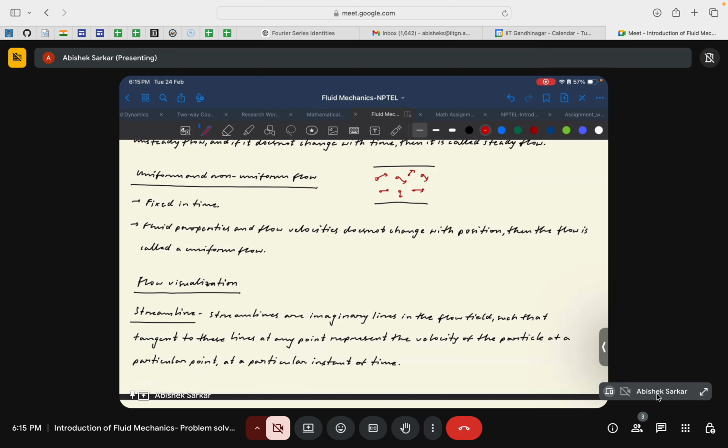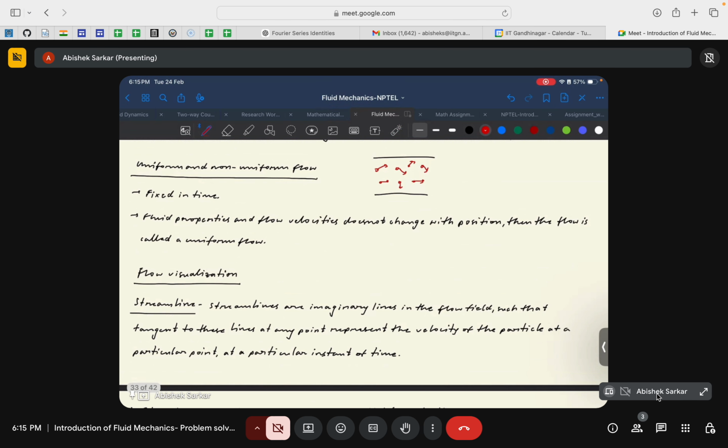But since it is not varying with time, we can say that even though it is non-uniform, it is steady. Again, a similar argument can be made: can the flow be uniform but unsteady? So again, the answer is yes. Again, it's a very specific case and usually does not occur in reality. You can correlate uniformity with steadiness and non-uniformity with unsteadiness, but there are special cases or instances where the